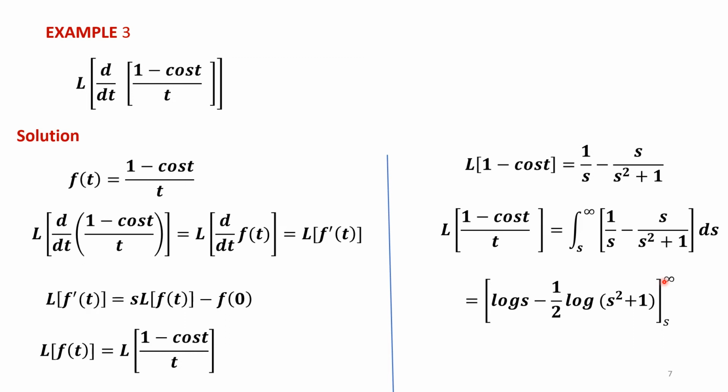Again, if I apply the limit as it is, we will get log infinity minus log infinity, or infinity minus infinity, because log of infinity is not defined. So infinity minus infinity, again that is not defined. So we have to combine the log functions. To combine the log functions, now here we are having log s and half log. So log a minus log b cannot be applied directly. So we should have the same coefficients for log.